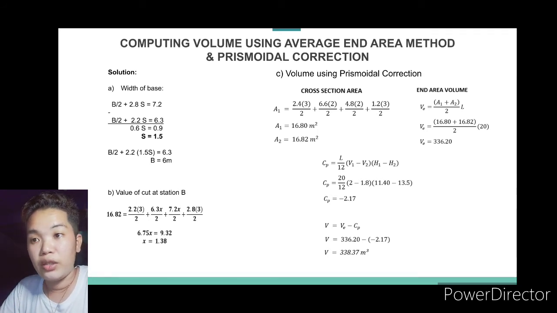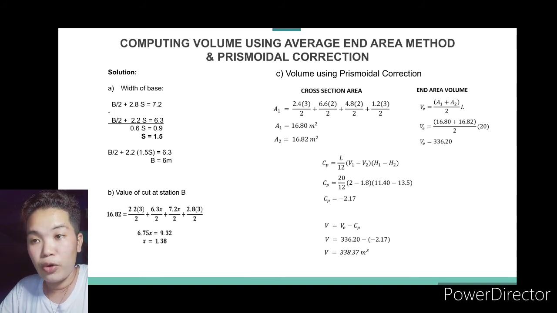for area 1, which is station A, we have to solve for the area 1 since it is not given. So area 1 is equal to 1/2 multiplied by the base and height of the 4 sections. I mean, the summation of the base and height of the 4 sections. So for section 1, the base is equal to 3 and the height is